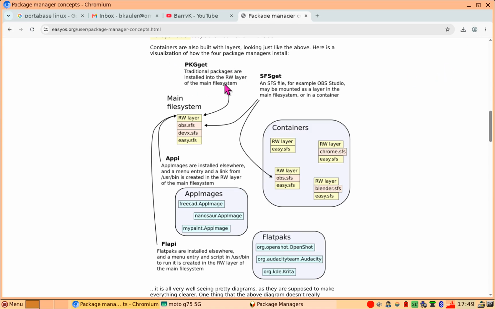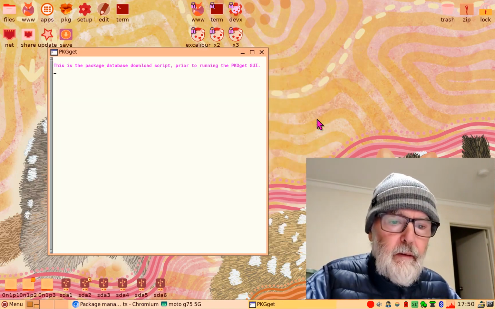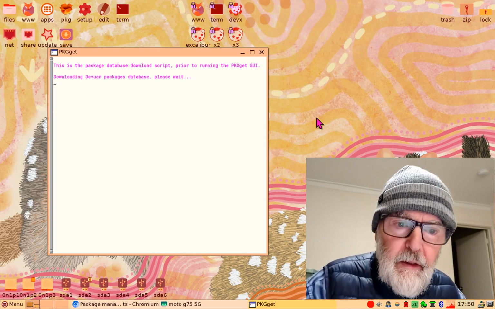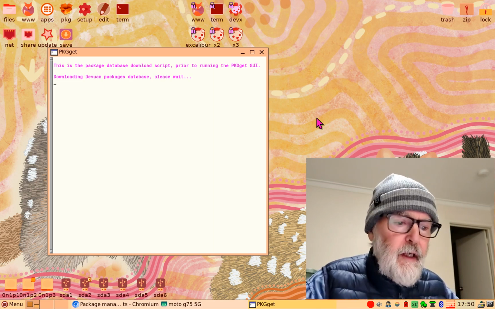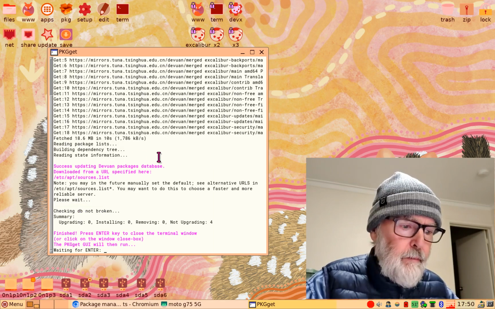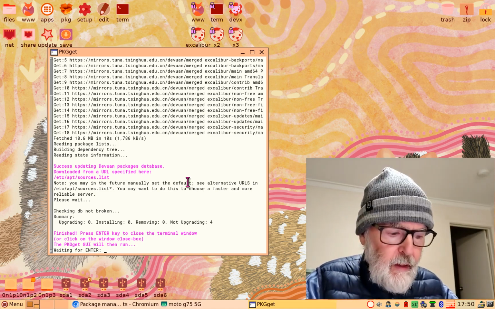These packages will get installed. You can install them in the main file system, and if you're running in a container, you can install them in a container as well. All right, so let's just try that one first. It's pretty straightforward. Okay, now what it's doing first is, and hopefully it's not going to take too long, it's downloading the Debian or Devuan package databases, just so we're up to date with all the latest database information. Okay, and then it's quite fast. Okay, so now we'll go enter,